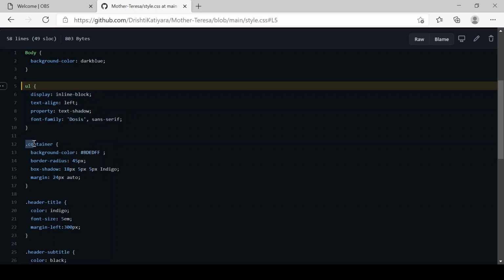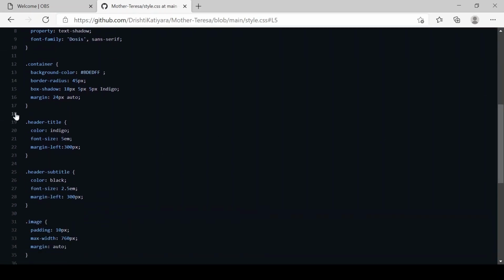Next, we have the container class. Since we are going to develop a web page in which there's a box kind of thing in which all the things would be written, the container class would contain the background color. Background color can be written in terms of the color name or else the color code. You can find color codes online as well. Also, if we need a boundary, we can fix the boundary size as well and adjust the margins we want.